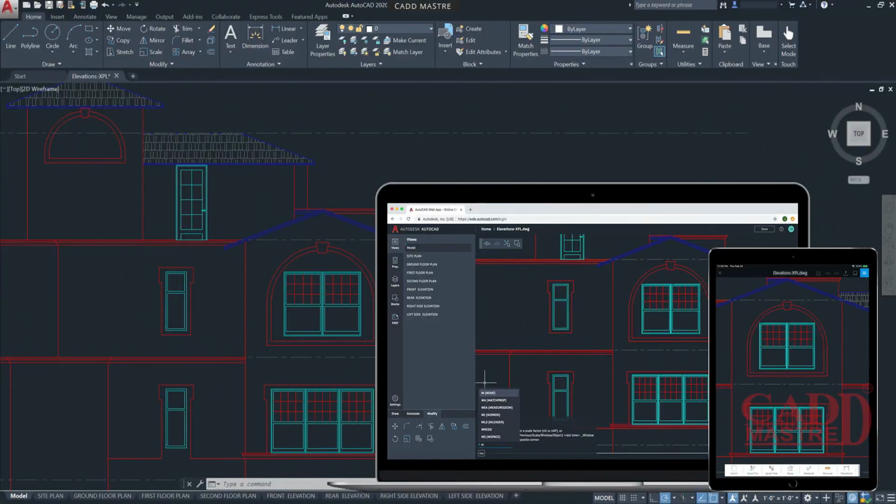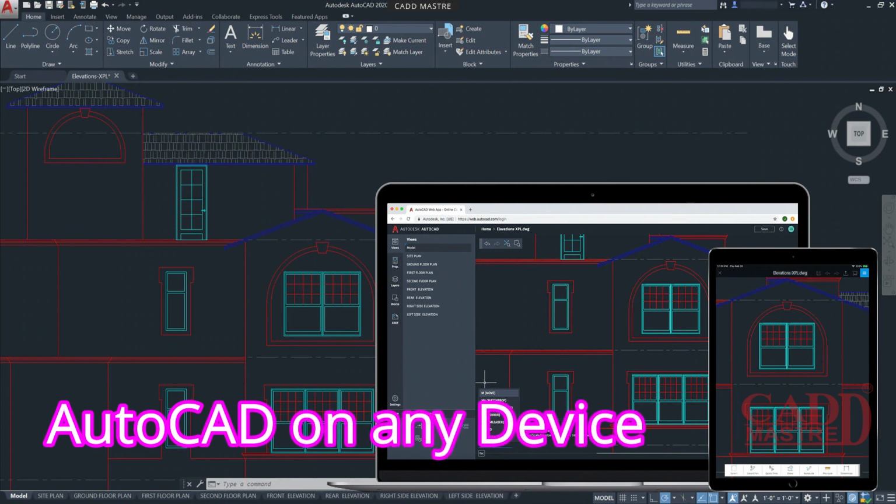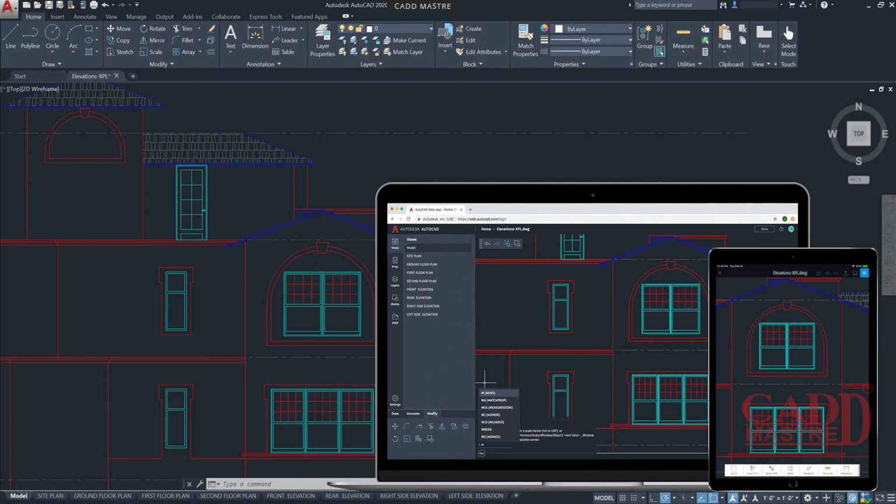Next, Autodesk came up with one more feature: you can now use AutoCAD on any device, whether it is a laptop, desktop or mobile. So you can view, edit or create drawings in AutoCAD on any device, desktop, web or mobile.